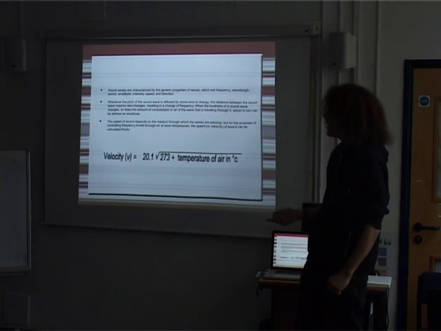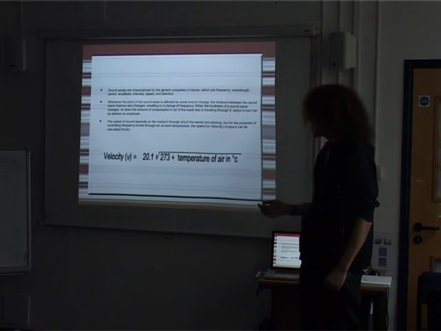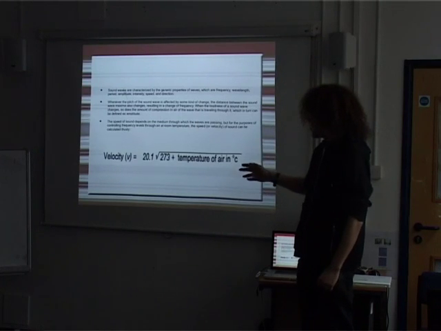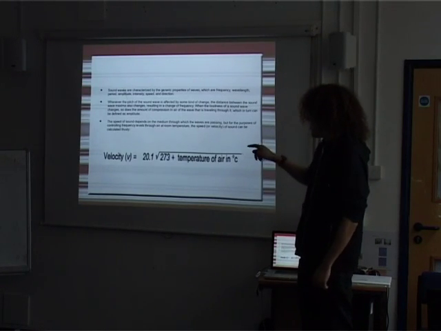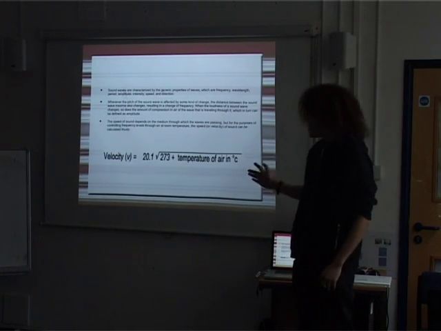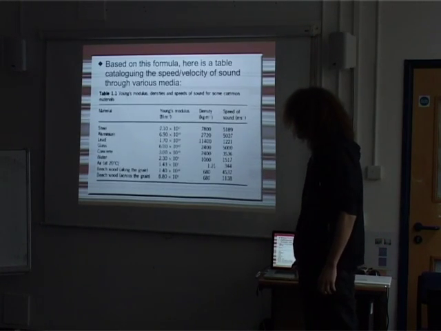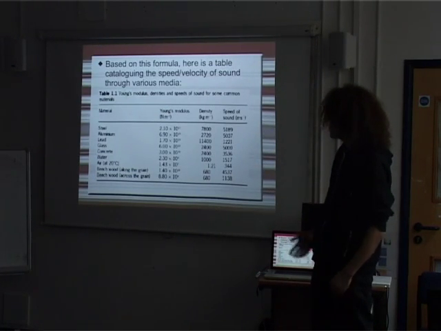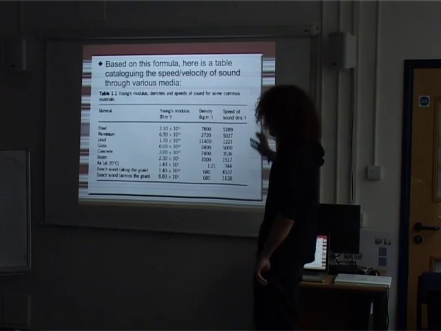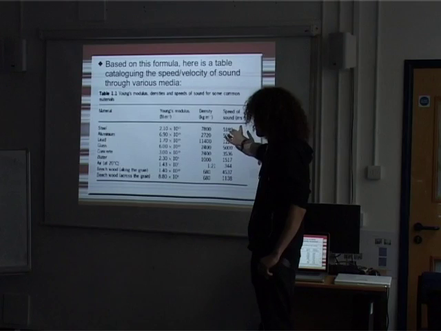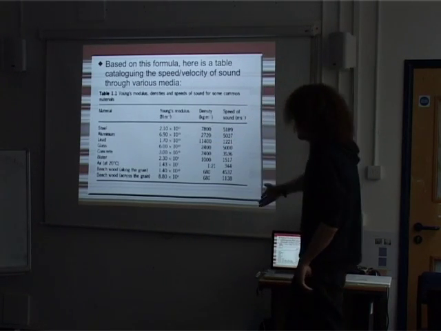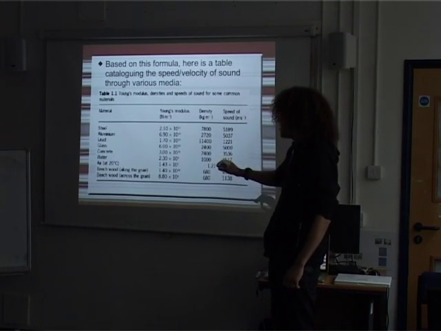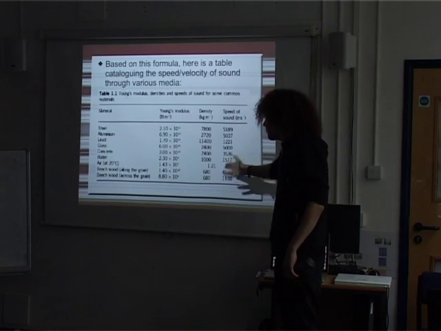For the purposes of controlling frequency levels through air at room temperature, the speed and velocity of sound can be calculated like that. Velocity, which is V, equals 20.1 times the square root of 273 plus whatever the temperature of the air is. Based on this formula, there's obviously a table here cataloguing the velocity, the speed of sound, through various media. And it's in meters per second, so 5,189 meters per second is steel and so forth. And air, usually 20 or 21 degrees C is the room temperature we take, so that's 344 meters per